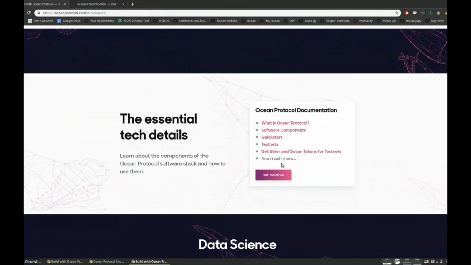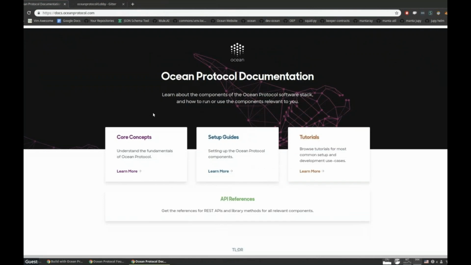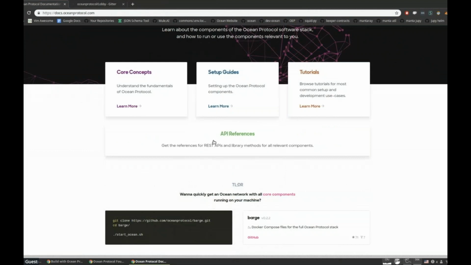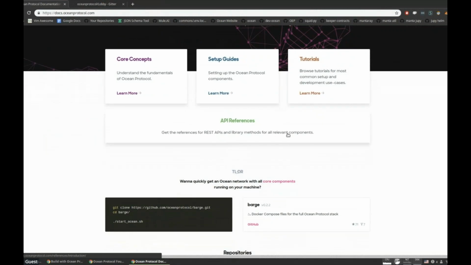So we have core concepts, some setup guides, and some tutorials. Our REST APIs are all documented with Swagger and also represented here. We also have a quick start. So really to get started with